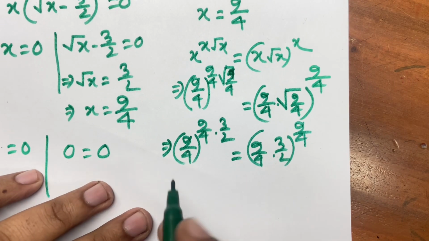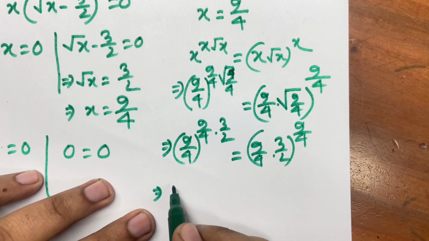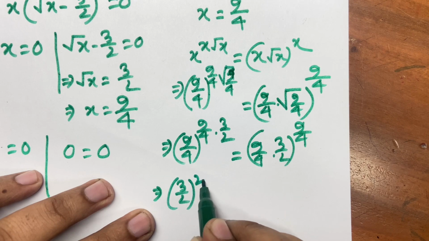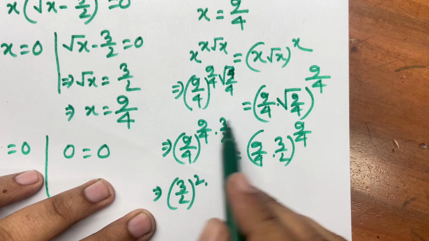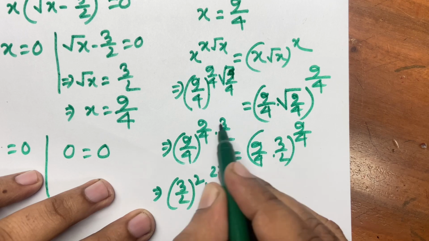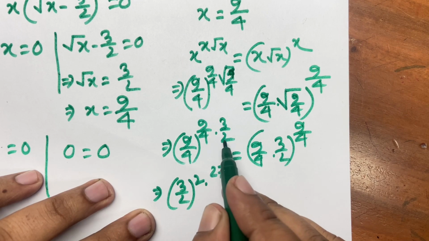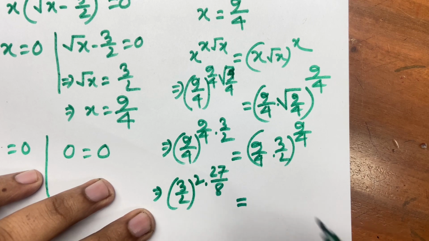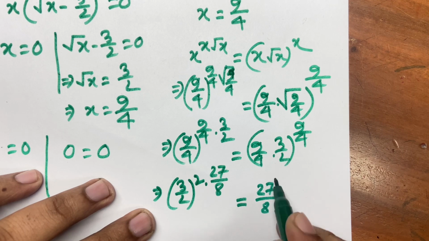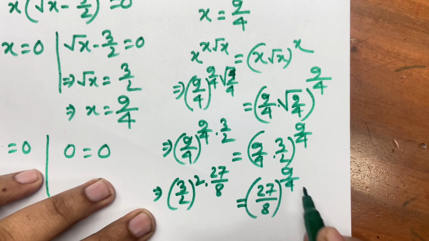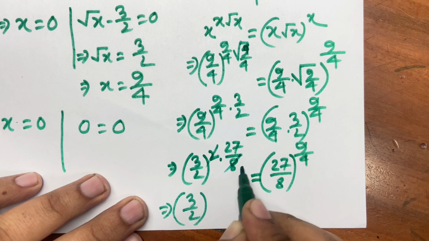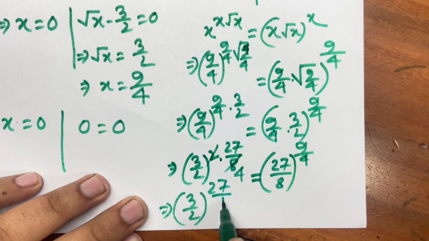Now I can say 9/4 equal to 3/2 square, and I can say easily 27. 9 multiply 3 is equal to 27 and 4 multiply 2 is equal to 8, and here 3/2 and 9/4 is equal to 27/8 power 9/4. Now I can say 3/2, 2 and 8 cancel, so now I can say 27/4 equal to